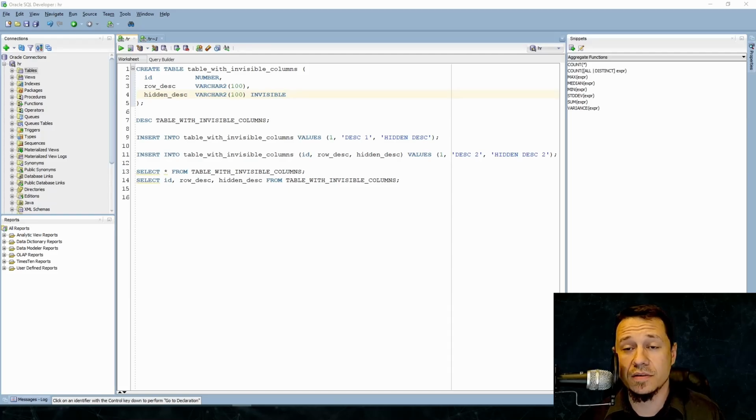Welcome to a lesson where we will learn how to handle invisible columns over a view. But first, we have to see and know how invisible columns act on a regular table. So, for our example, we're going to create a table named just table with invisible columns, and it's going to